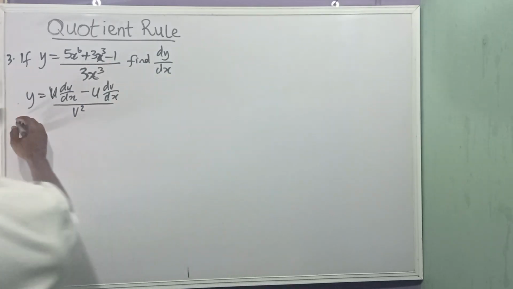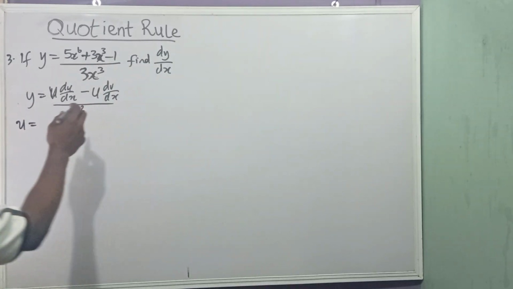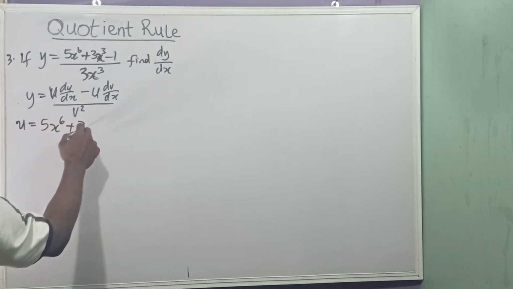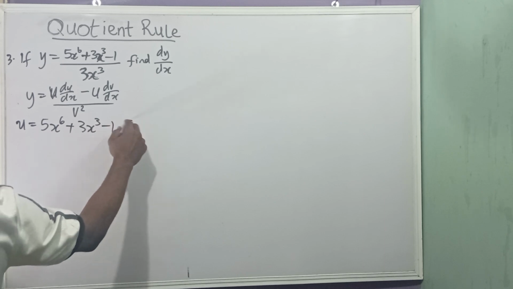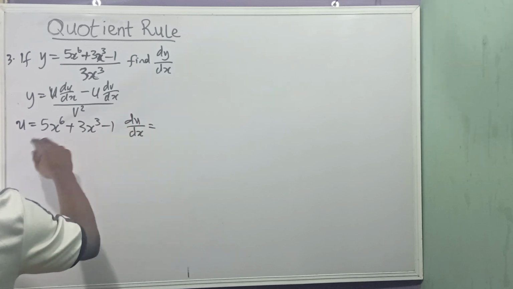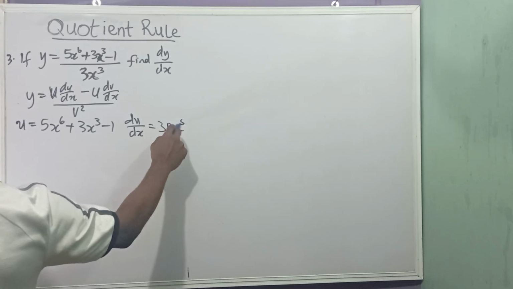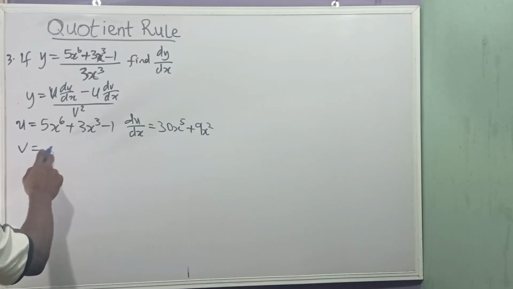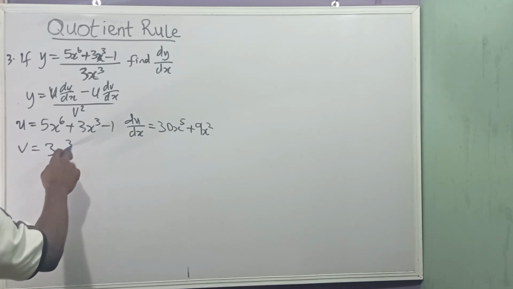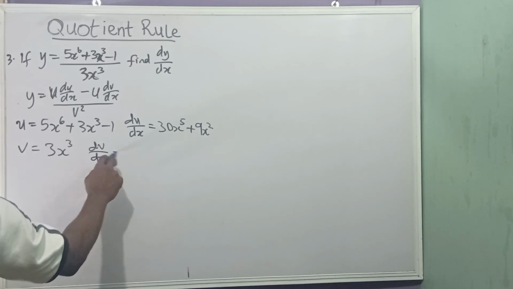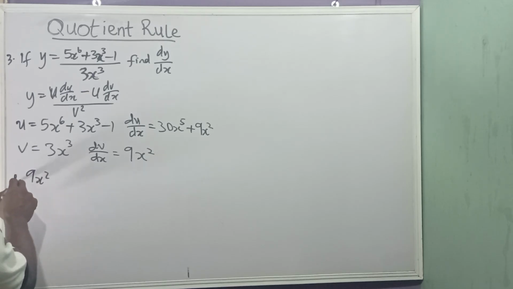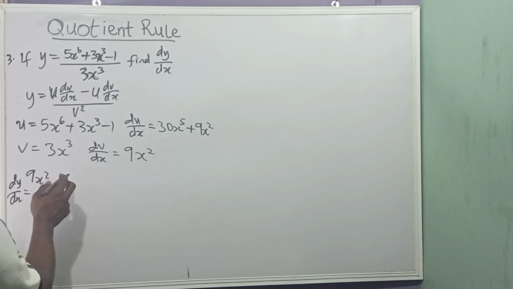And in this case, our u is the numerator, 5x raised to the power 6 plus 3x cubed minus 1. So du/dx, differentiating this, is 30x raised to the power 5 plus 9x squared, while our v is the denominator, 3x cubed, and dv/dx gives us 9x squared. So applying our quotient rule here, dy/dx equals 9x squared